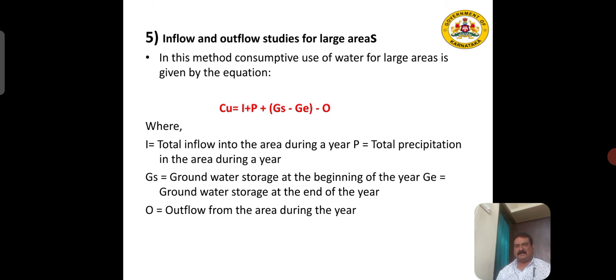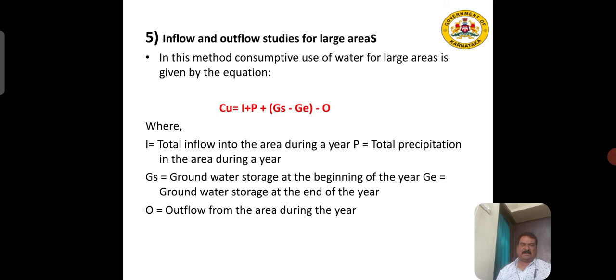In the third method, field experimental plots, water is applied to the selected field and yield obtained from the different plots is plotted against total water used. It can be observed that yield increases with increase in water applied up to a certain point. Further increase in water reduces yield. This breakpoint in water application is taken as consumptive use.